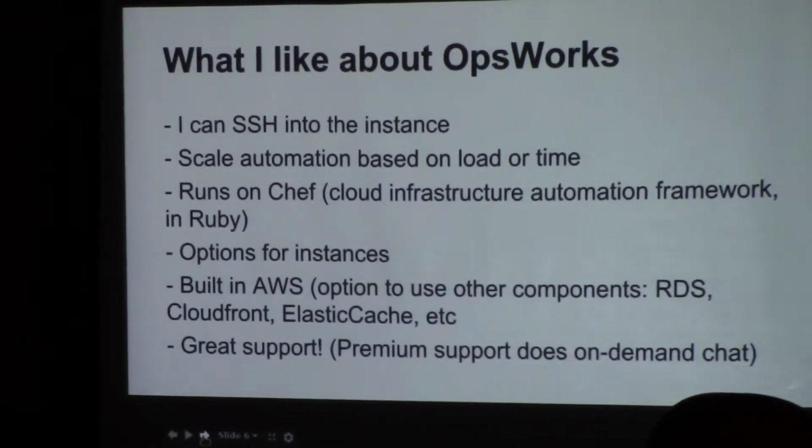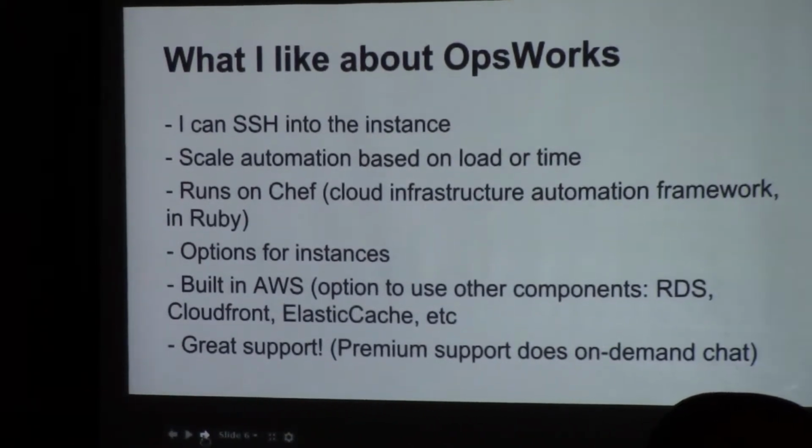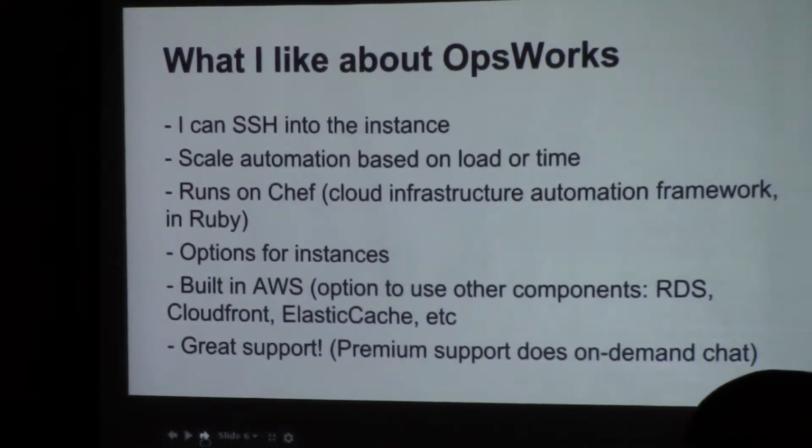Although Chef has a steep learning curve, you don't have to be an expert in Chef to start using OpsWorks. You can already start using basic recipes. In fact, the Chef website has recipes that people commonly use, so you can use those too. You don't have to write your